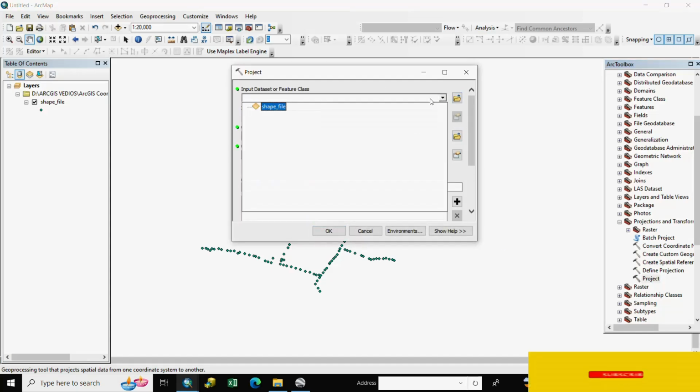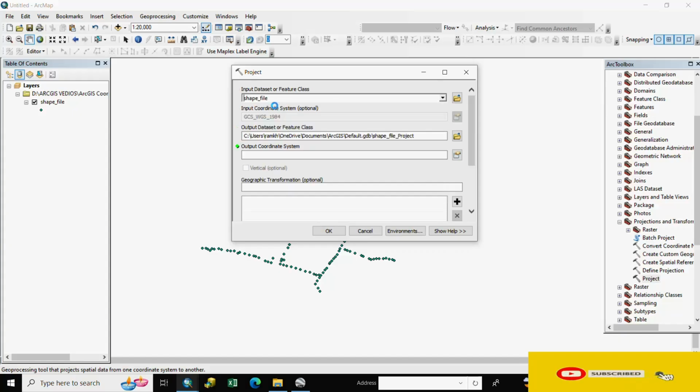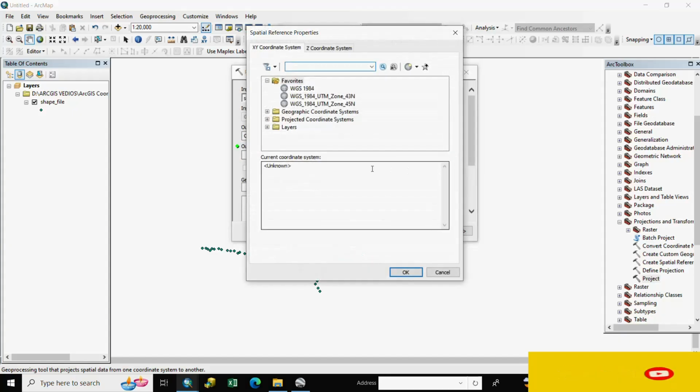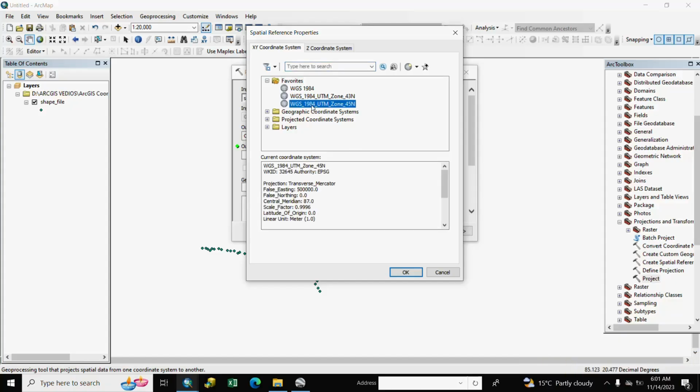We select the input file here. We select the output projection WGS 84, UTM zone 45 north.